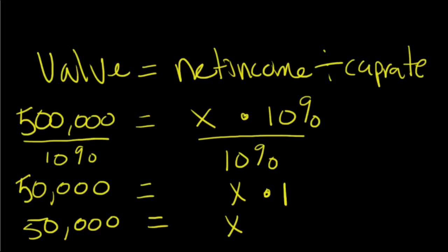And you definitely should memorize this one. I like to actually abbreviate this as NOI, net operating income. It's a little bit easier to write. Value equals the net operating income divided by the cap rate. All right, let's go on and talk about the cost approach.